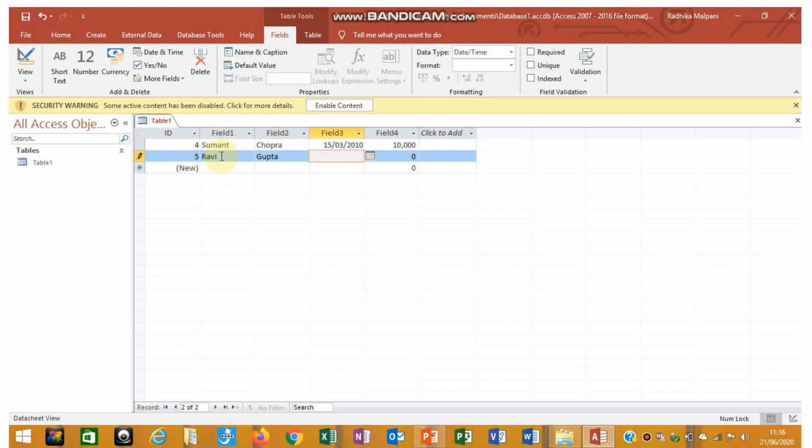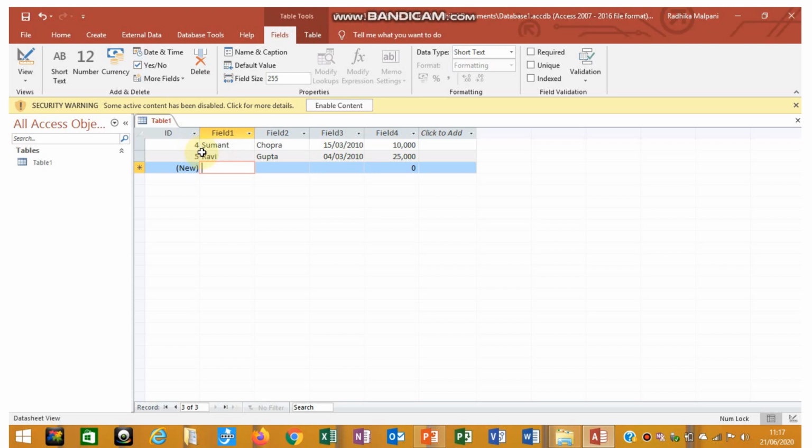Now to enter the date of joining the organization, you can also enter directly as 4 March 2010. Any date you can enter. You can also enter like this. And to move to another field, you can use the tab button. Now to enter the salary, suppose the salary is 25,000. Fine. So like that you can enter the details of the employees. Now you have added them. Now here under ID you will see that the default value is 4.